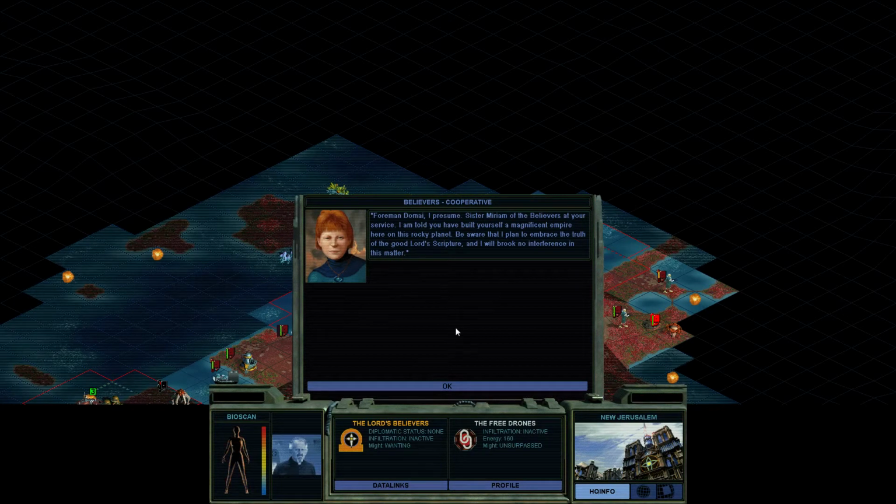Okay, so Foreman Demai, I presume, Sister Miriam of the Believers at your service. I am told that you have built yourself a magnificent empire here on this rocky planet. Be aware that I plan to embrace the truth of the good Lord's scripture, and I will brook no interference